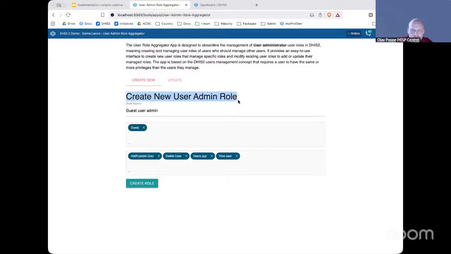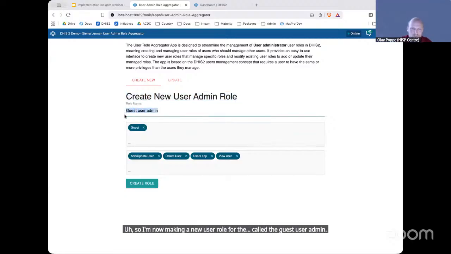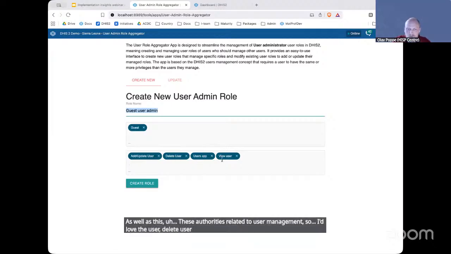So I'm now making a new user role called the guest user admin. And it's supposed to manage users with this user role, guest. That means it will get all the authorities from that user, as well as these authorities related to user management: add update user, delete user, see the users app, and view users. So if I create this role now,